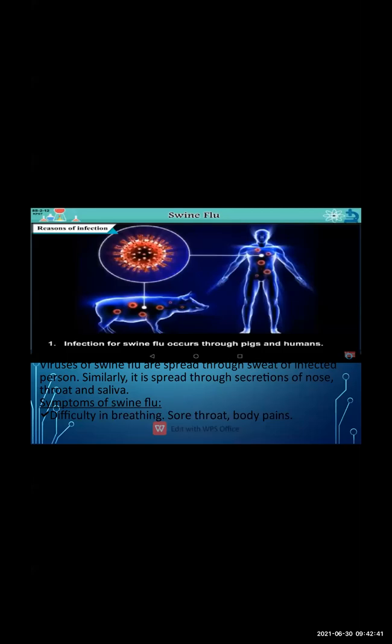Then the next thing is diagnosis of the swine flu. In diagnosis, liquid is taken from the throat of the patient and it is sent to the laboratory for the test. Okay, now the swine flu is caused by the virus. It is caused by the influenza virus named H1N1. And how does it spread? It spreads when one person who is in contact with the pig contracts this disease. Okay,